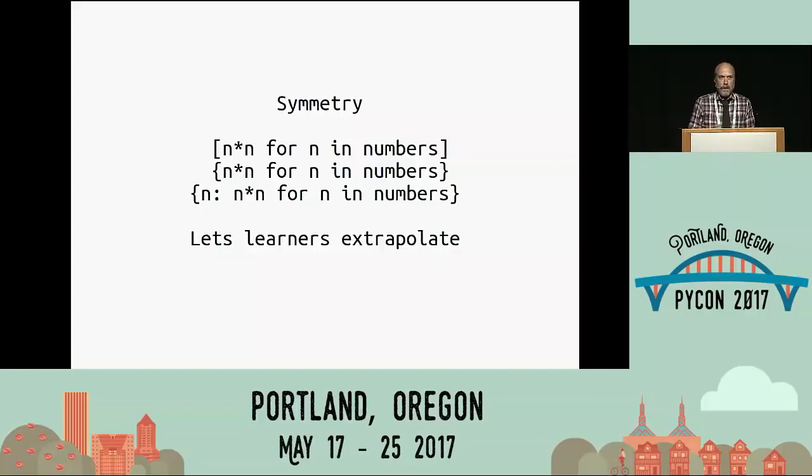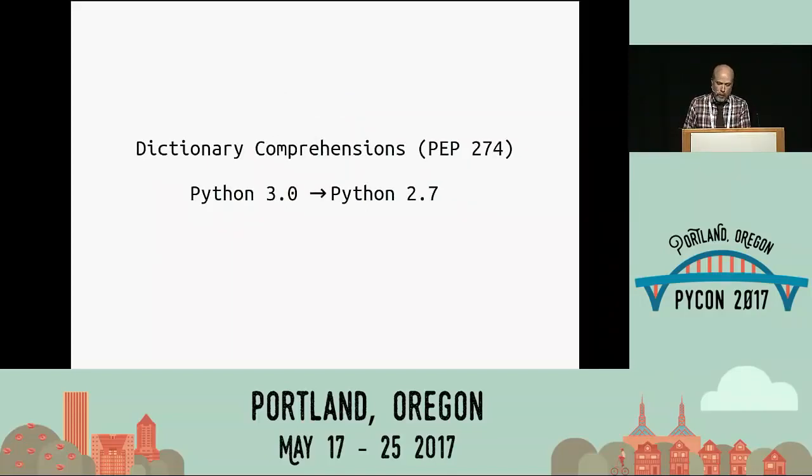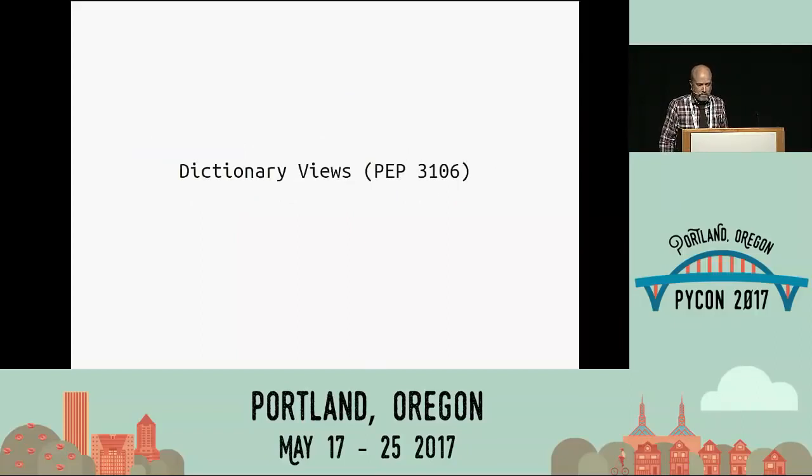a battery-operated hedge trimmer. It's wonderful when languages, when systems, when APIs are set up where you can guess some behaviors from others, where you learn the square brackets let you get at items in a list. Ooh, the same square brackets let you get to the items in a dictionary. And what I love most about dictionary comprehensions is they allow our learners to extrapolate a corner of the language that they might suddenly guess in there. Indeed, after Python Dev argued against it for several years, it was finally added to the language, added in 3.0, backported to 2.7. Really beautiful construct.